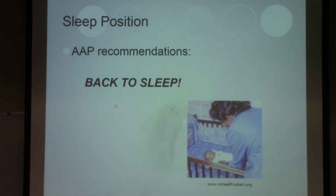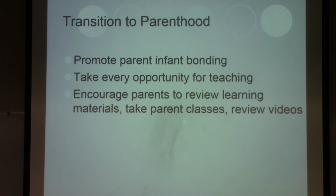The American Academy says back to sleep. Okay, put them on their back. When you're asleep and they're asleep, put them on their back. When you're awake and they're awake, give them tummy time to help strengthen their neck and not cause their